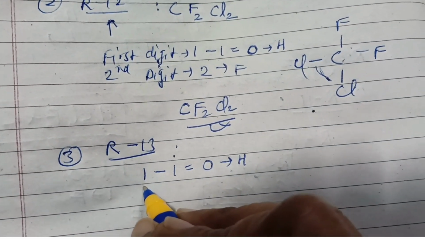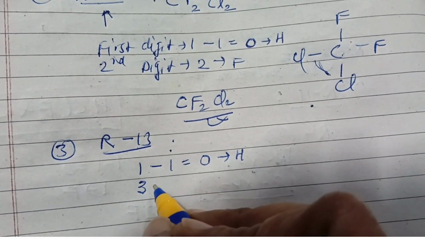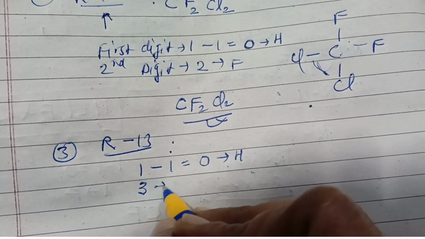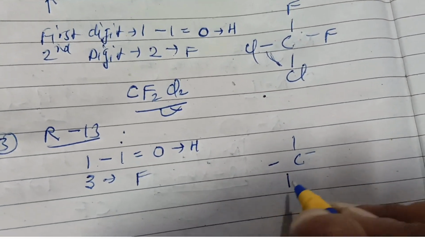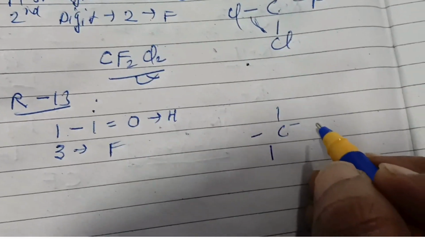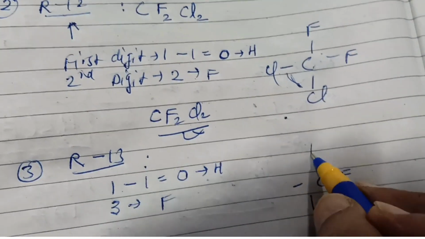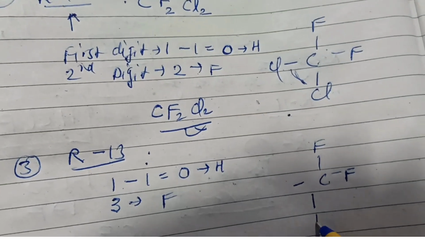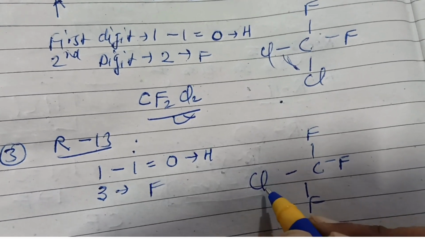Second digit, you don't need to add or subtract any value here, so this will entirely be taken by the fluorine. If you do the pictorial representation of bonds, three bonds would be covered by fluorine,